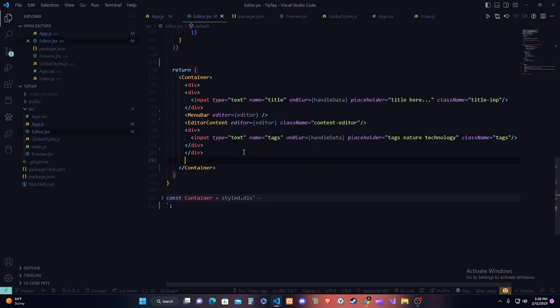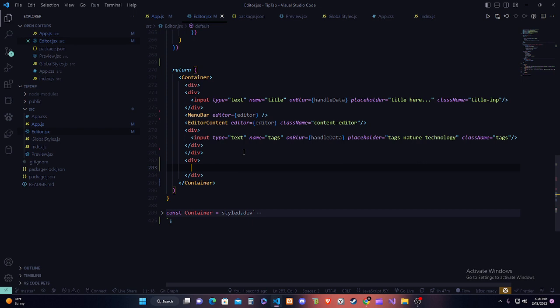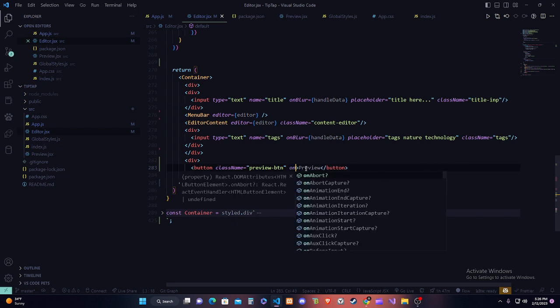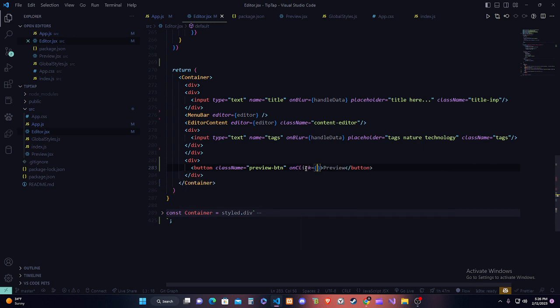Yeah, just come down here, create a div, and we're going to have this button in here. We're going to name it preview, class name, preview. I think that's what I named it. Yeah, that's what I named it. Preview-btn. Preview-btn is going to have an onClick event listener, and it's going to be an arrow function because now we're